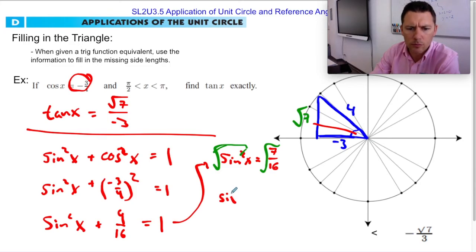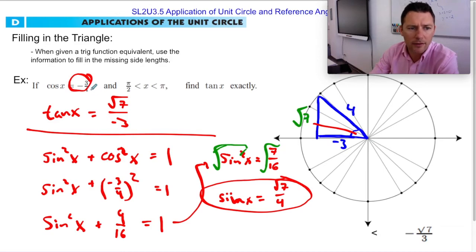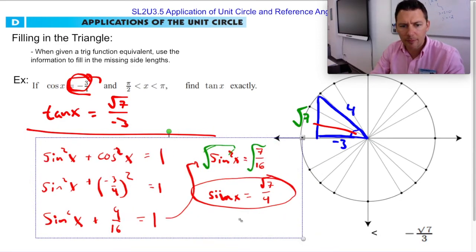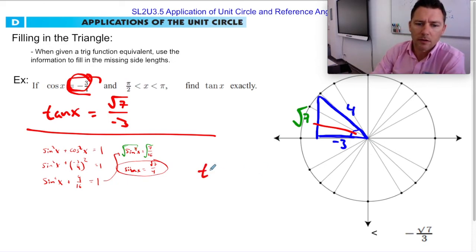Oops, sine of x is √7/4. And then we'd have to take that value and this cosine value and plug them in for tangent. Oh, this is getting messy. And we just know that tangent is opposite over adjacent, which is sine over cosine. So the tangent of that angle should be the sine over the cosine,